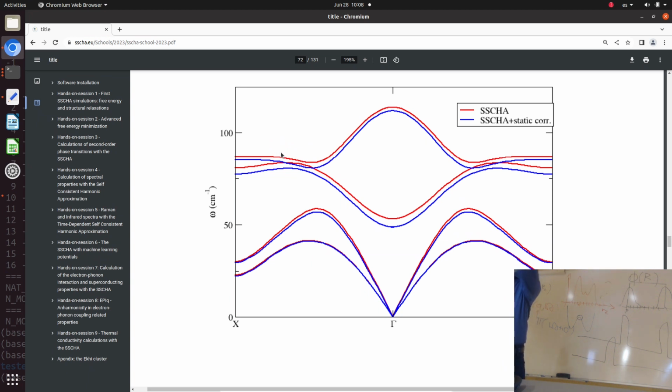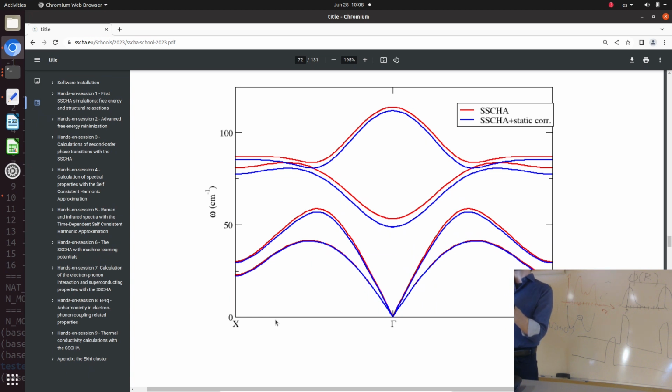Moreover, if you want to study where the instability is, as Diego also showed yesterday, you should look at the Hessian, okay? But in principle, the instability, so the imaginary frequency of the Hessian dynamical matrices, could be not in one of the points commensurate with the supercell. For example, it's not the case, this system is stable, but for example, we are doing a 2 by 2 by 2 supercell,